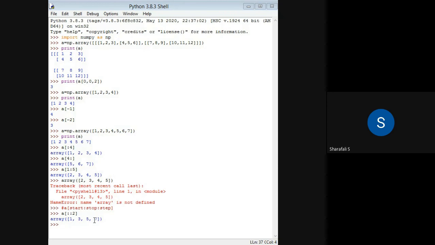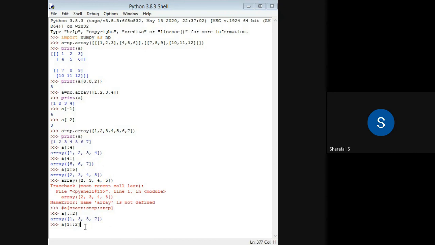And also, if you are considering, let's say A, you can limit that if you give some index value here, 1, then colon. Here I am not giving any stop, but I am giving a start point. So the start index is 1, so I will be starting from the second value in this array, which corresponds to index 1.